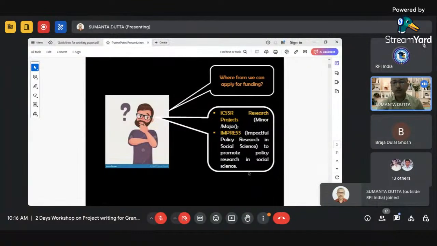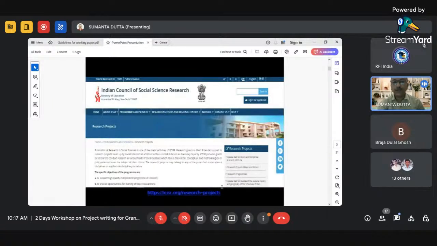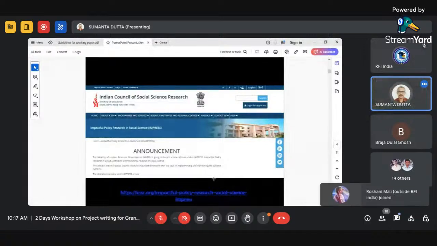You can apply for this upcoming research proposal by August 12th. Now, we have to go to this particular website and apply. If you also check this site, under the ICSSR Impactful Policy Research initiatives,